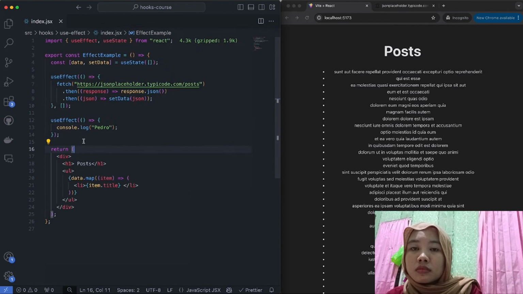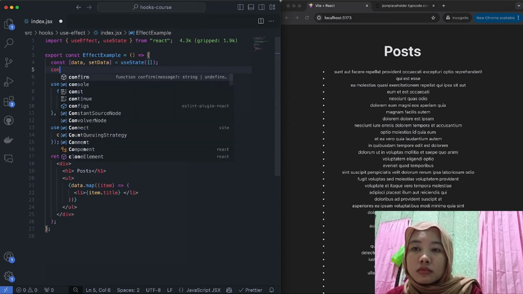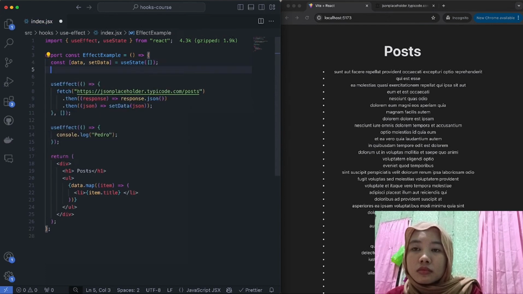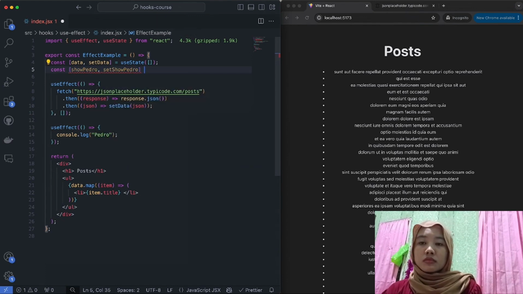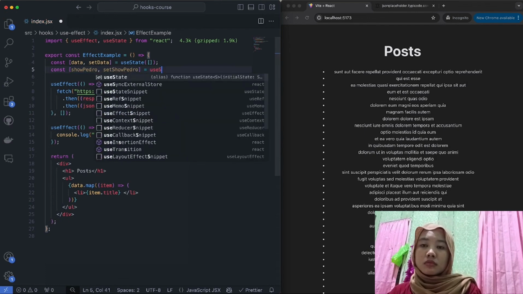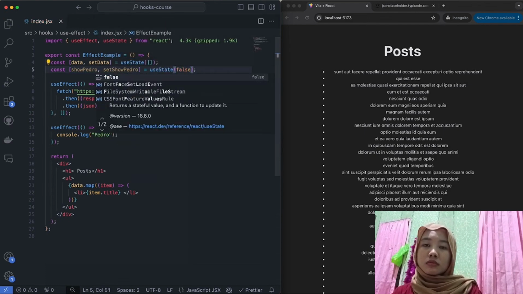Now, what will this do? Well, I want to console log the name Pedro every time another state changes. Let's create another state over here. Let's call it something along the lines of showPedro and setShowPedro. This will be a Boolean, so it will start as false, but it doesn't really matter because all we want